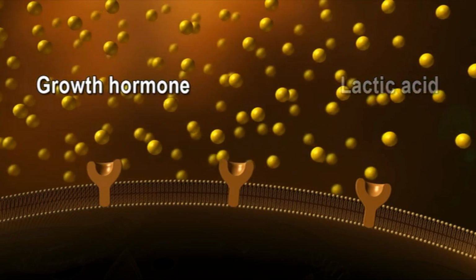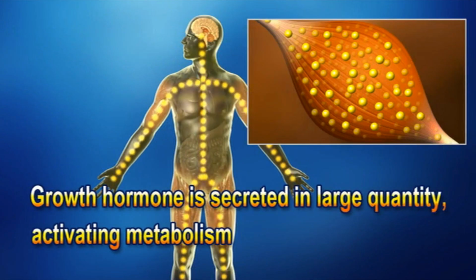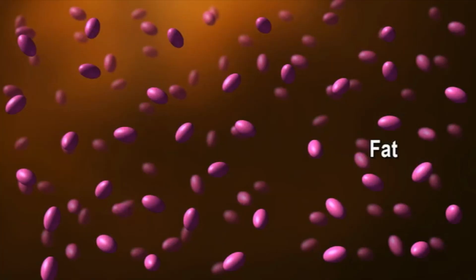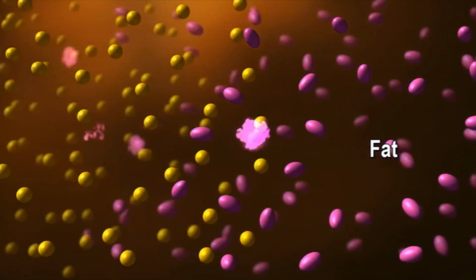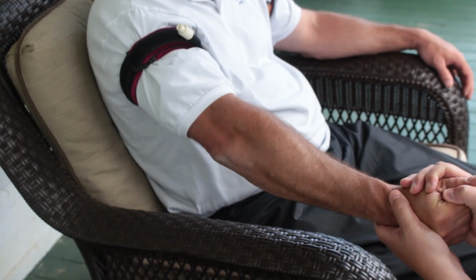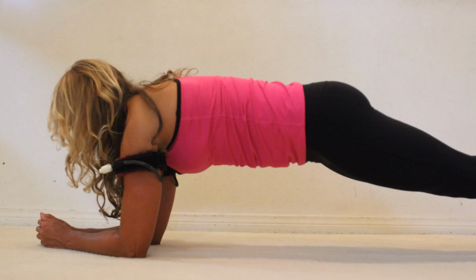The rise in the concentration of lactic acid also stimulates intramuscular receptors. The signals from these receptors cause the pituitary gland to secrete additional growth hormone, activating metabolism and causing fat to be burned. These factors, secretion of growth hormone, better diastolic and contractile function, increased nitric oxide production, and simultaneous activation